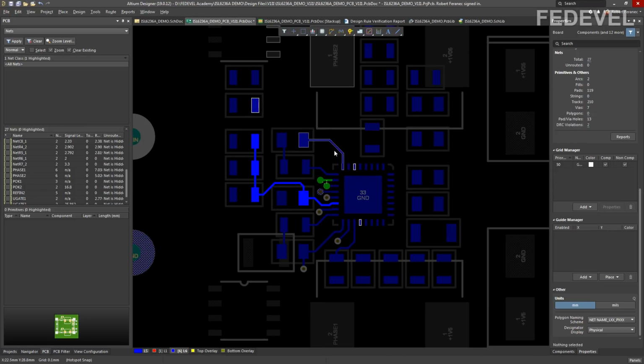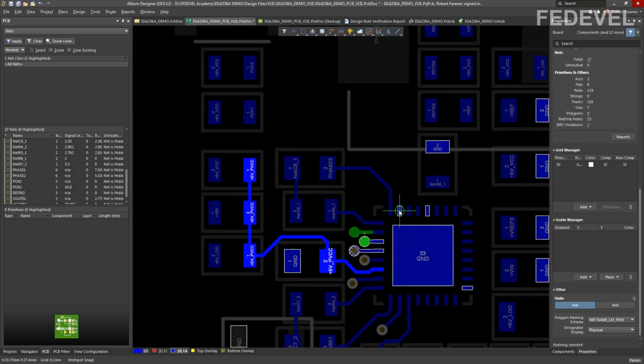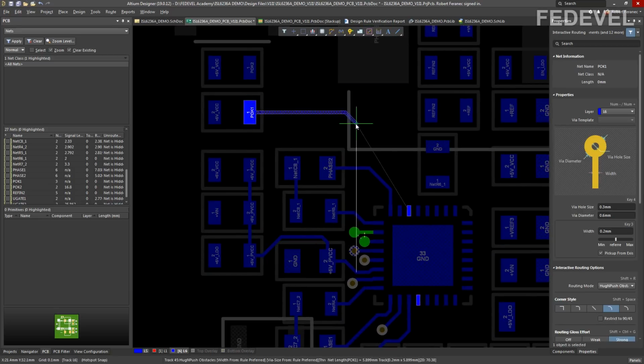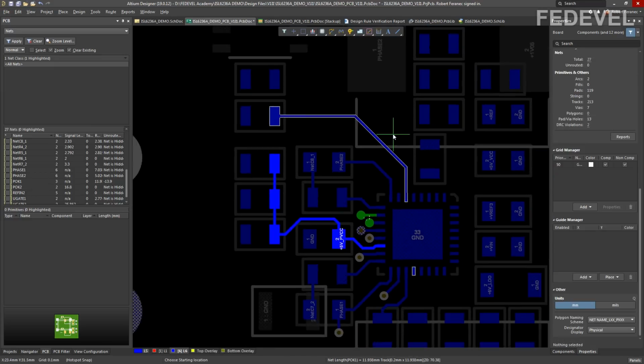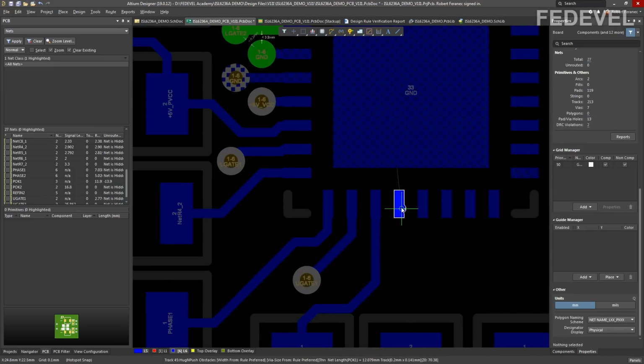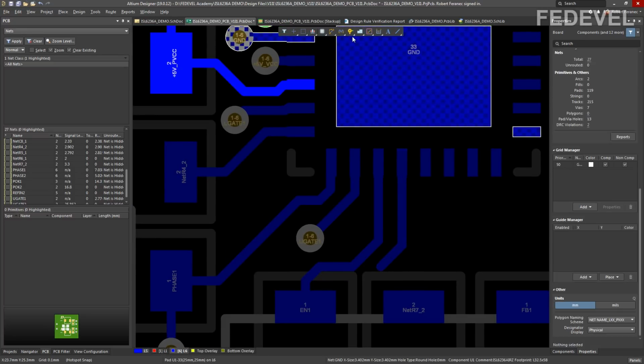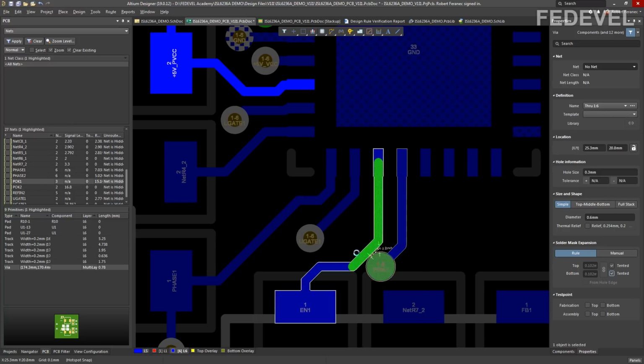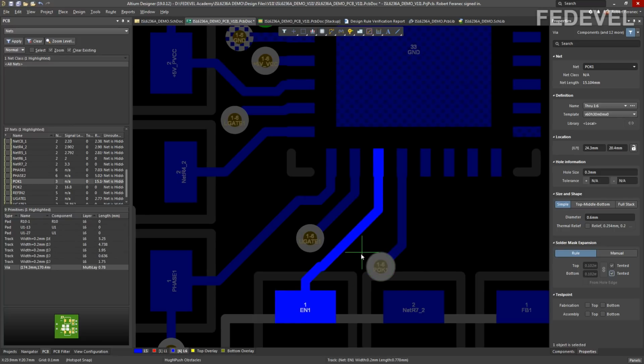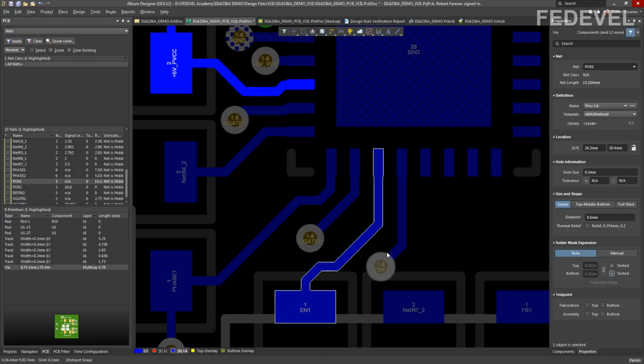This one we can connect here and then use a via and connect these two on a different layer. So I'm going to draw it like here. And down here I just place a via. If you would like to move a track, just hover the cursor over the track, hold the left button on your mouse and just move it.